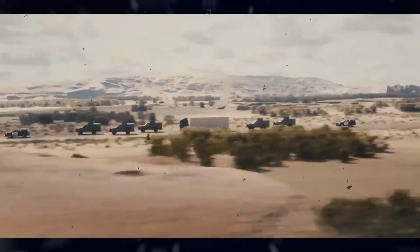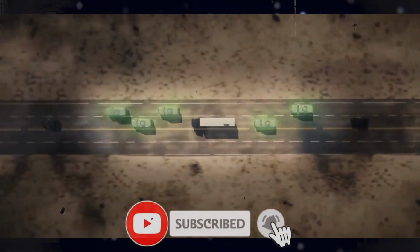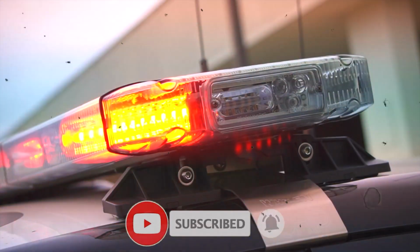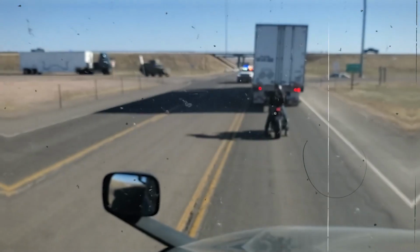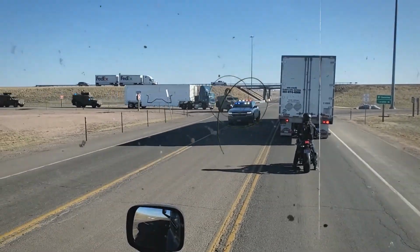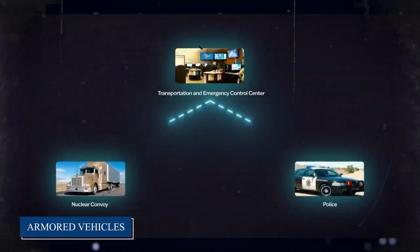What kind of configuration is used depends on the route being taken and how sensitive the nuclear material being moved is. However, it is usual for local police cars to be at the front and back of the convoy, especially in cities. This protects the drivers and makes sure that the vehicles can drive through areas with a lot of people without stopping. The actual convoy starts behind the police and includes several armored vehicles close to the truck, and